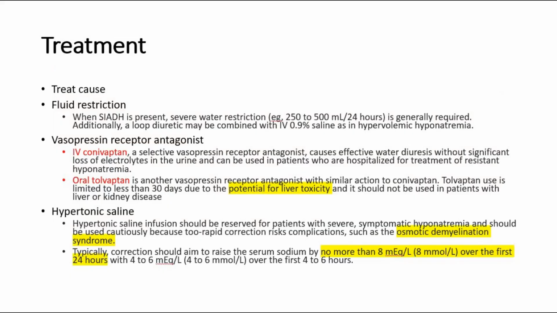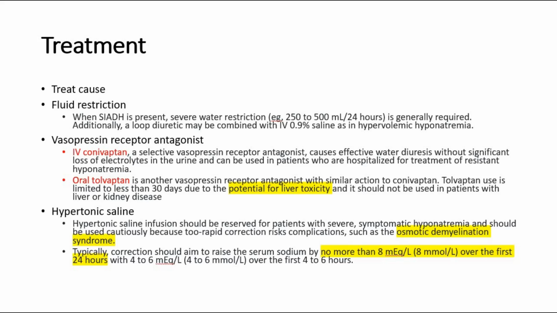For treatment, treat the cause: fluid restriction, vasopressin receptor antagonist such as conivaptan or tolvaptan, and hypertonic saline. Hypertonic saline infusion should be reserved for patients with severe, symptomatic hyponatremia, and should be used cautiously because too rapid correction risks complications such as the osmotic demyelination syndrome. Typically, correction should aim to raise the serum sodium by no more than 8 mmol per liter over the first